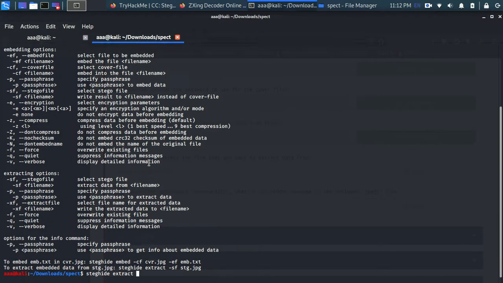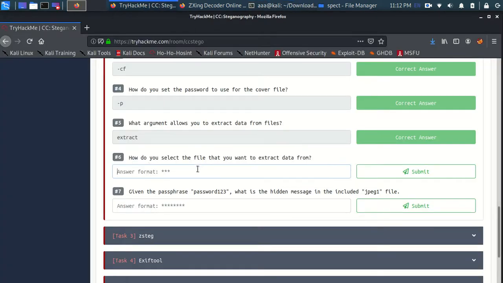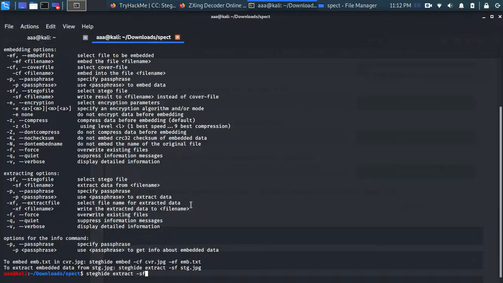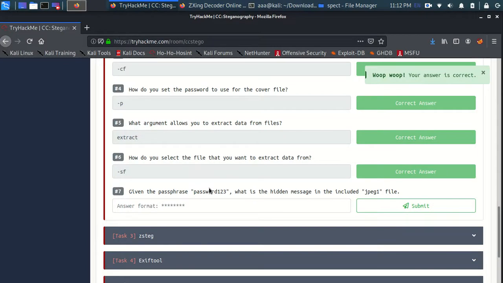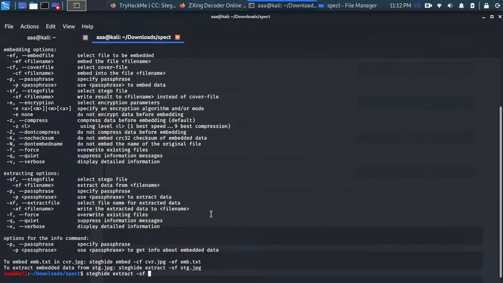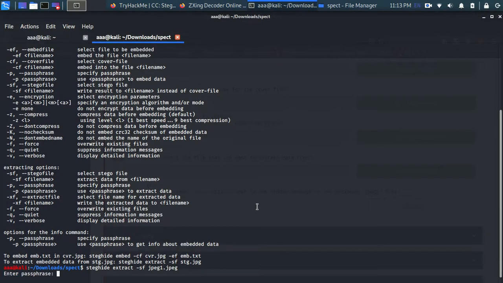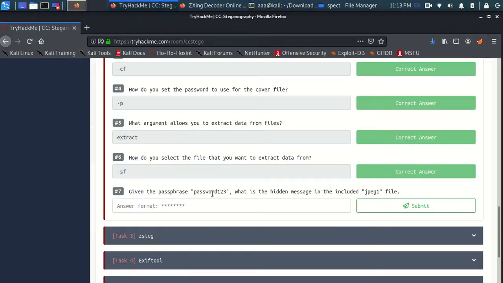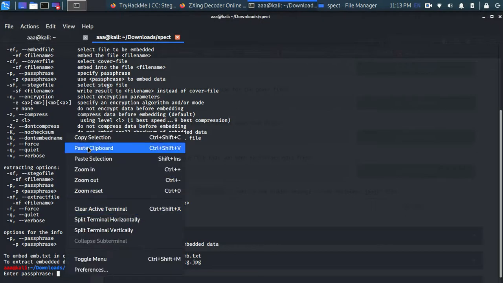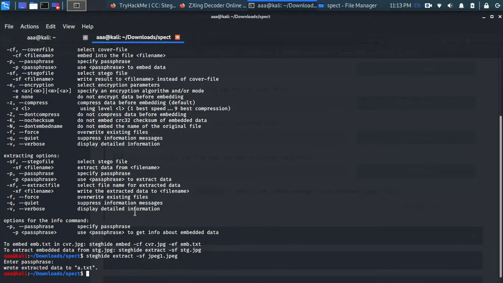Then I'll choose the file by using the -sf option, and then this is the passphrase which will be there. Now as you can see, if I put some random passphrase, then I won't get the answer. But if I copy this thing and paste it in here, then I'll get the answer, and the answer was written to this file.